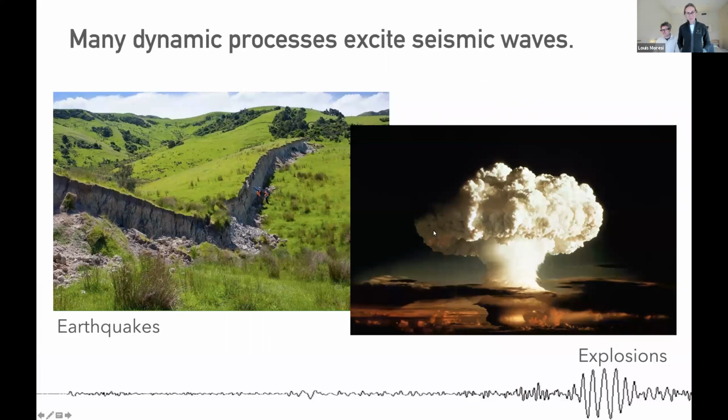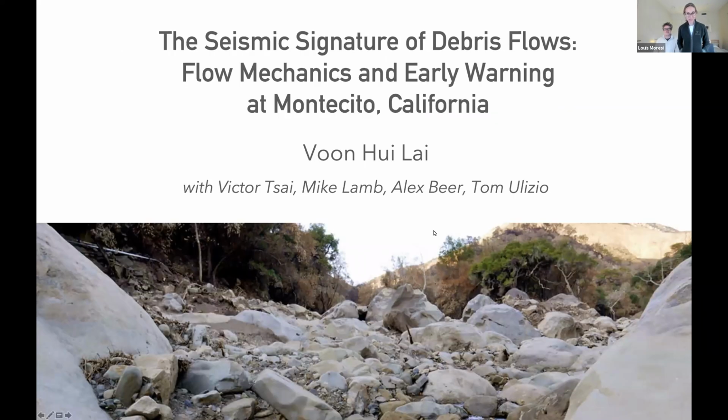Right. It's my pleasure to introduce Voon, who is a new postdoc in the group. She started working with me just in February, so she's only been here about 2 months or so, and of course only a month really in person. She did her undergrad at Berkeley in geophysics, and did some of her undergraduate research with Doug Draeger. Then she went on to Caltech, and she just finished and defended her PhD in November in 2019.